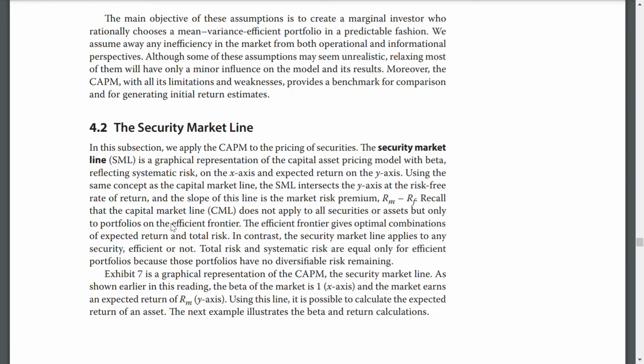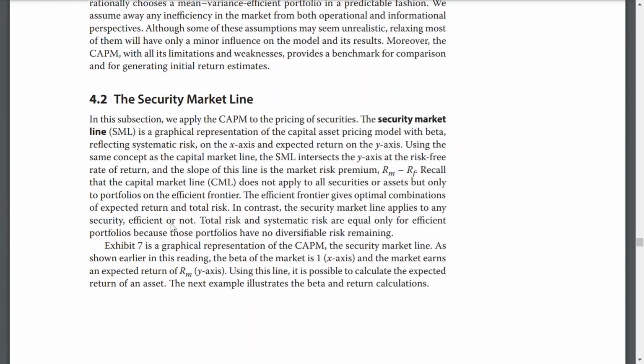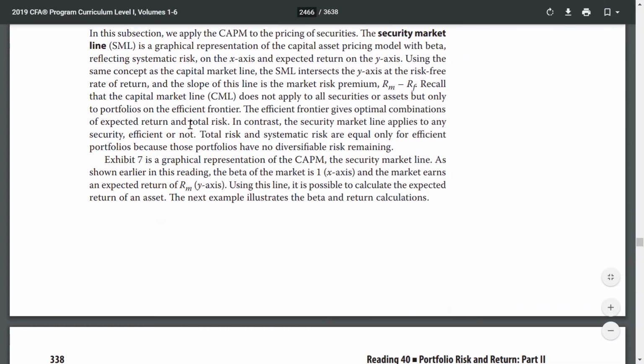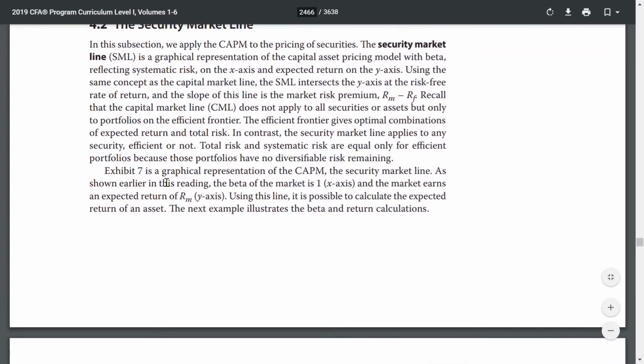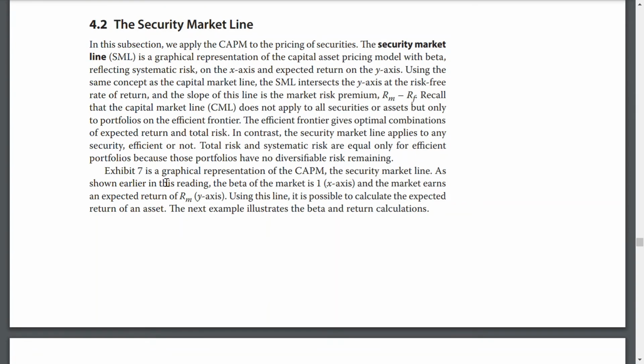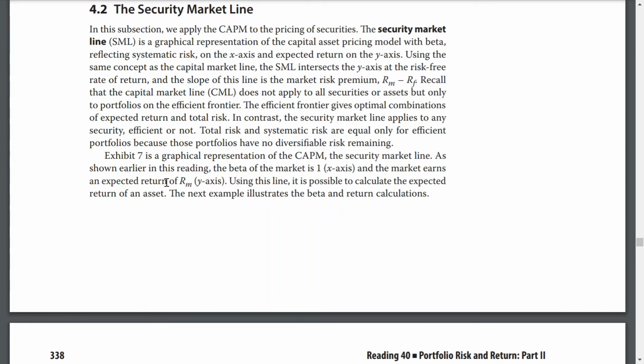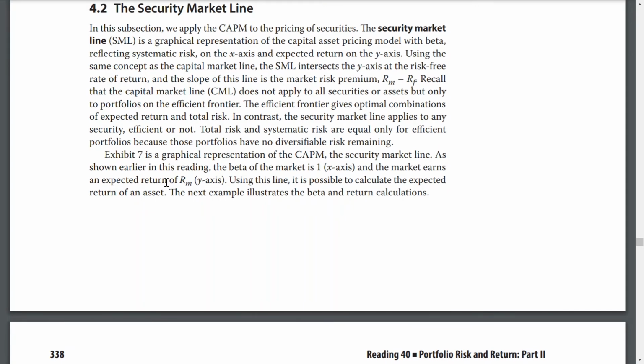The security market line. In this subsection, we apply the CAPM to the pricing of securities. The security market line, the SML, is a graphical representation of the capital asset pricing model with beta, reflecting systematic risk, on the x-axis and expected return on the y-axis. Using the same concept as the capital market line, the SML intersects the y-axis at the risk-free rate of return, and the slope of the line is the market risk premium,